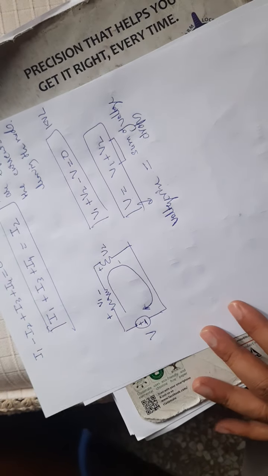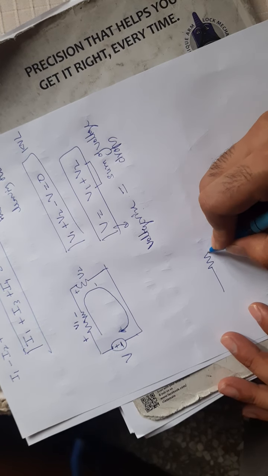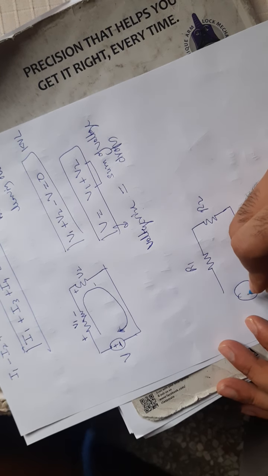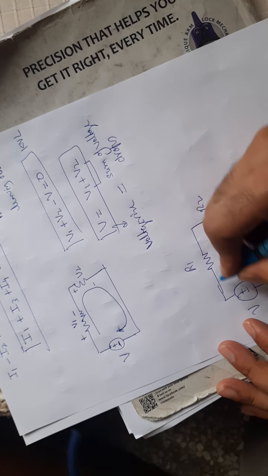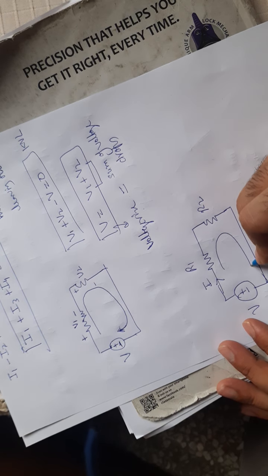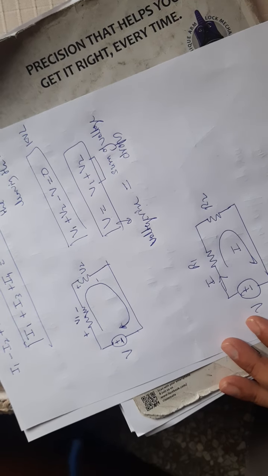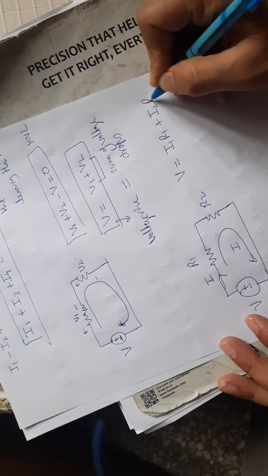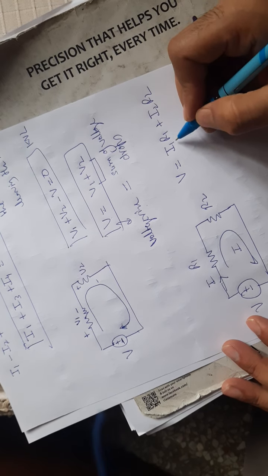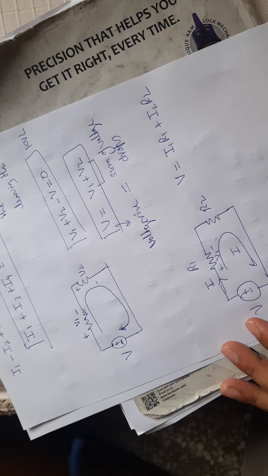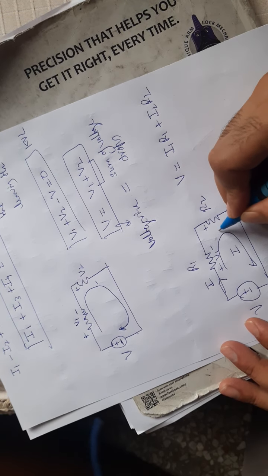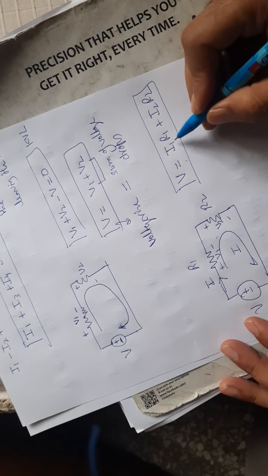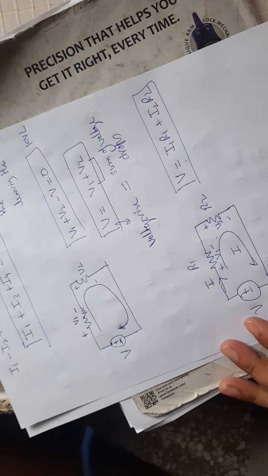Suppose V1 and V2 are not given. Instead, suppose we are given resistances. This is R1, this is R2, and here I have V. So some current I will flow in this loop. So I will say V will be I1 R1 plus I2 R2. What is I1 R1? It is nothing but V1. And what is I2 R2? It is nothing but V2, the drop across the resistors. So this is KVL in terms of the resistances, and this is KVL in terms of the voltages.